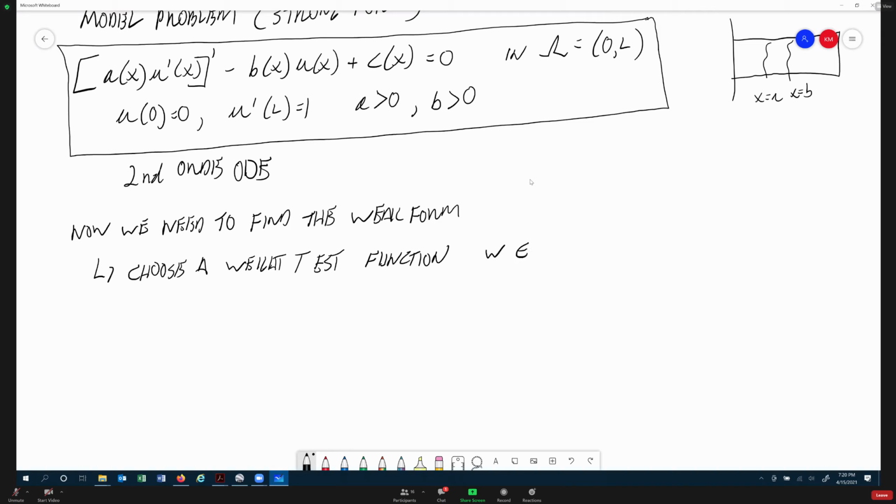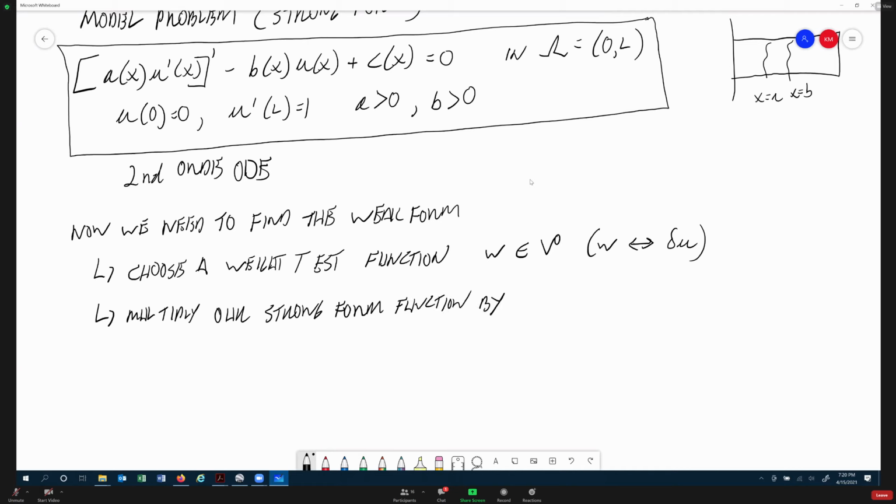So it's going to be W contained in this weird V space, where W goes between W and delta U. And we're going to multiply our strong form function by W and integrate